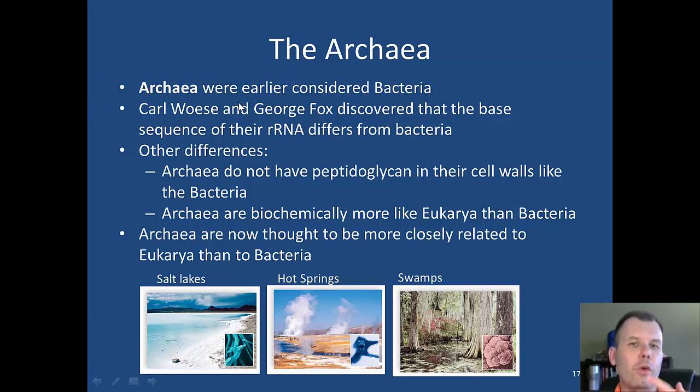And these are kind of those weirdo bacteria. And I like to call them the weirdo because we find these in very extreme environments. The other thing that's interesting about them is that if you look at their rRNA, their ribosomal RNA, they actually appear more like eukaryotes than they do bacteria itself. And so the other interesting thing is that they don't have peptidoglycan in their cell walls, so they don't normally stain gram-positive or gram-negative. And again, biochemically, they look more like the eukaryotic cells than the bacteria.